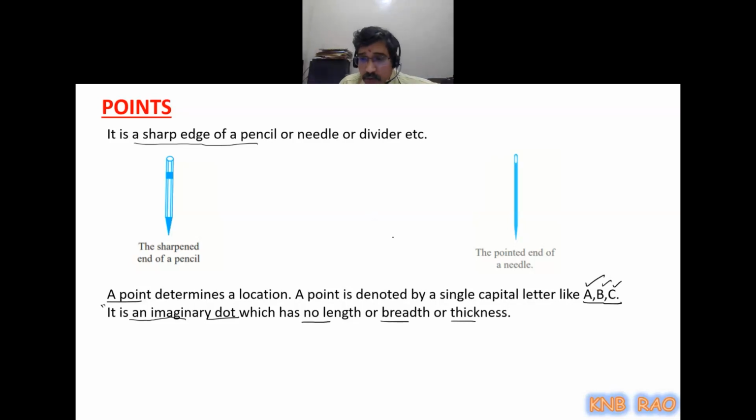Even the smallest of the smallest things which we cannot see with the naked eye, such as virus and bacteria, have their sizes found using electron microscopes. That means even a point which you are drawing, which I can see with my naked eye, definitely has size, thickness, length or breadth. So practically it is not possible. That's why it is imaginary. A point is an imaginary dot for that reason. So you can remember one thing: you have to represent points with the help of capital letters only. You must know that in practical geometry.